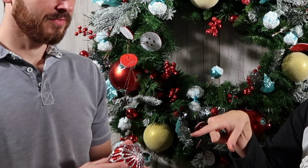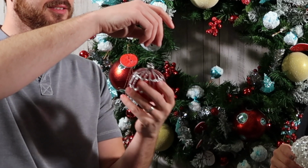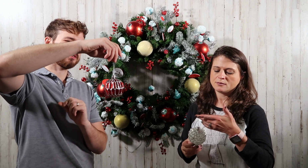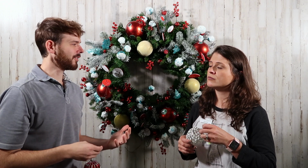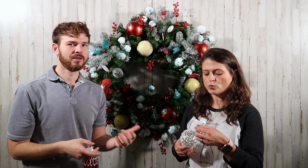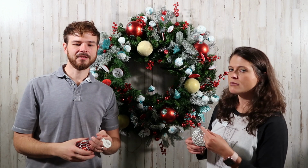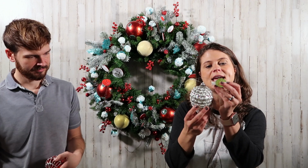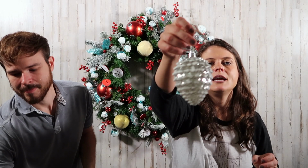What do you have there? What's that one? This is a faux mercury glass that is kind of a geometric pattern with silver glitter, and silver really to me makes almost anything seem kind of retro. So if you add a little bit of silver to it, automatically it feels a little vintage. Yes. And I have a mercury cone, faux mercury glass cone with frost on it,